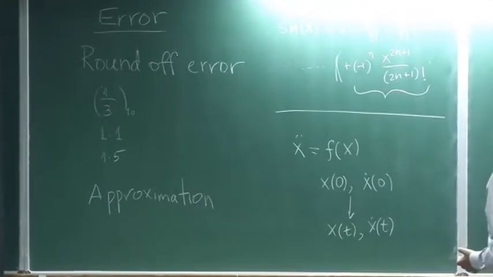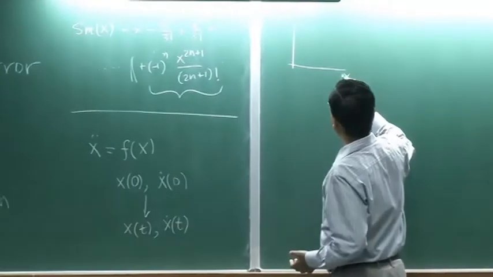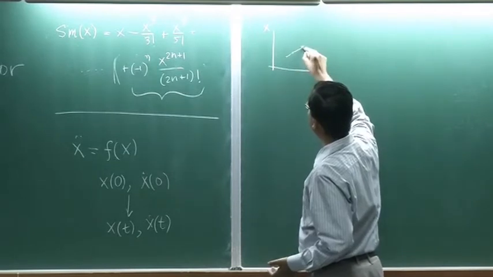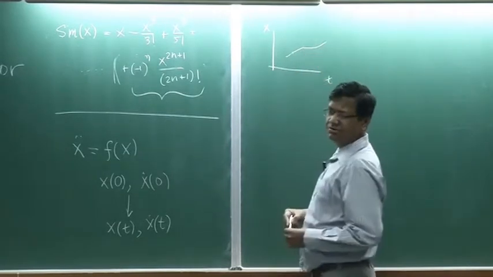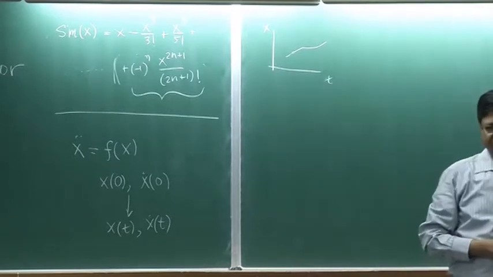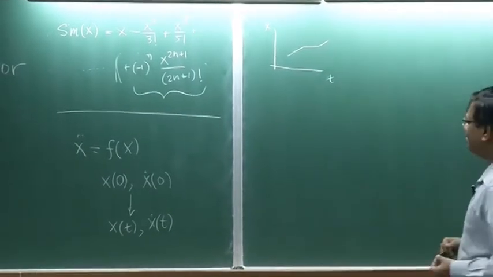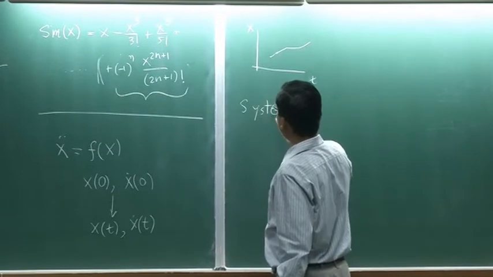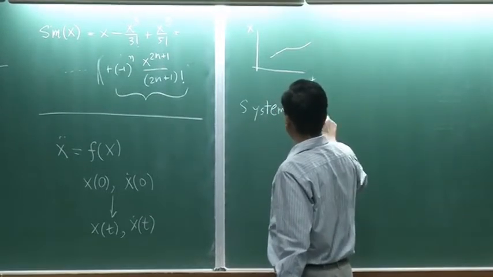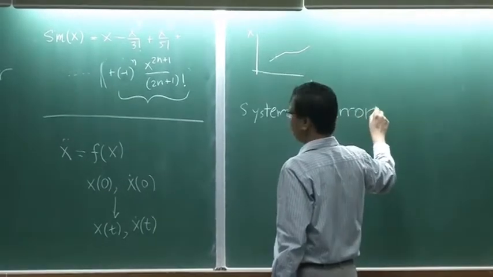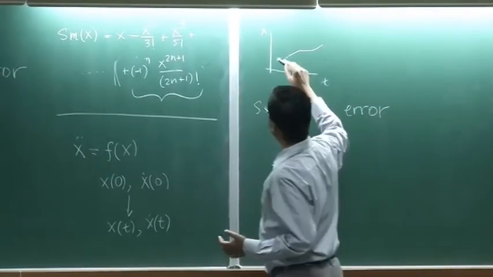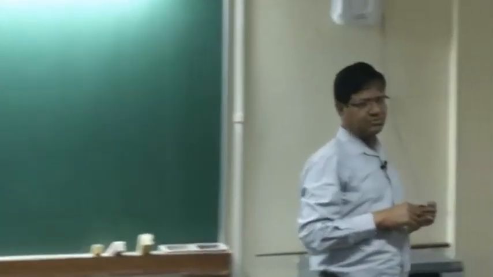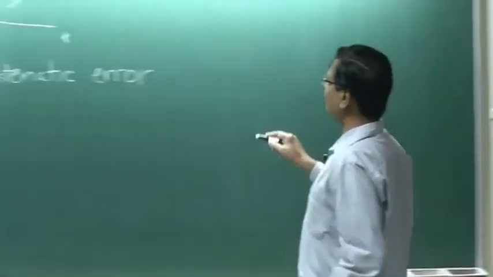Okay. Just to make it more explicit, if I start from here, position as a function of time, I will be going by delta t like this. Each time step I will be committing an error. Now, these errors could add up. So, that will be systematic error. If it is systematic error, this you know from your experimental physics course, that means each time my error is of the same sign and they just keep adding up. Okay. So, systematic errors you have to add them,